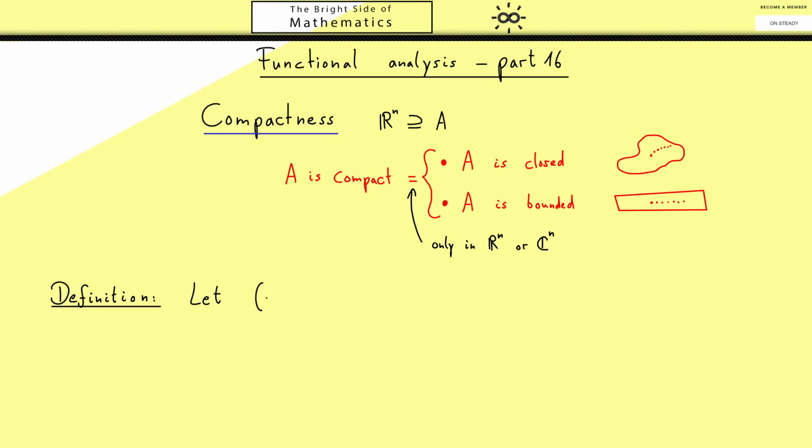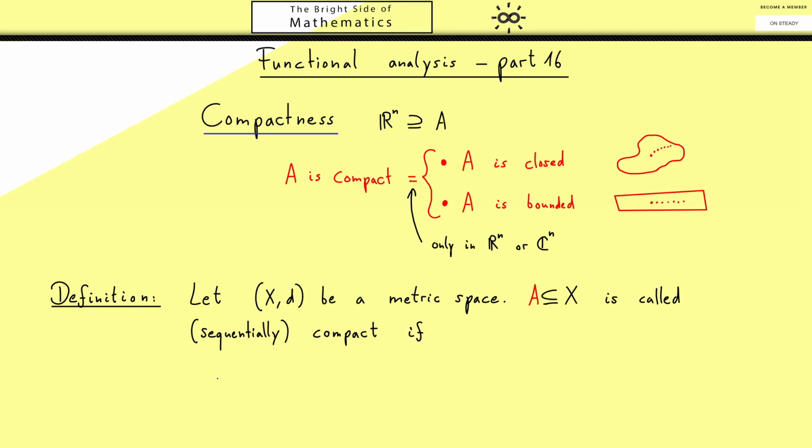So let's fix a metric space (X, d). In the same way as before, let's consider a subset of this space. And now we define this as a compact set, or more concretely, as a sequentially compact set. Maybe you already recognize the same thing that happened in the continuity definition. There are two terms you could define, one with sequences and the other one without sequences. And then the result for metric spaces is they are equivalent. It's the same thing here, but I don't want to bother you with the actual compact definition. The term sequentially compact is just easier to understand and we just call it compact now.